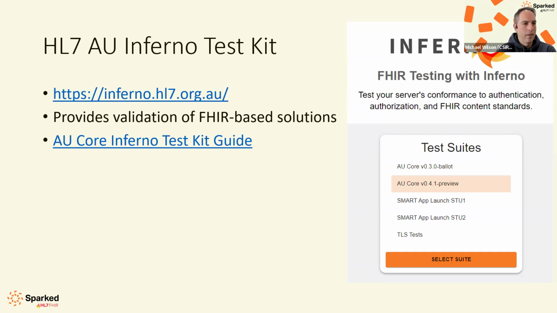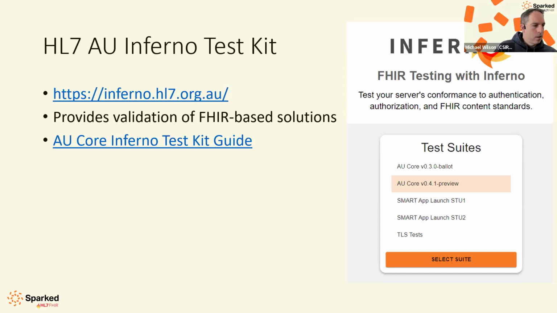I just noticed in the chat, Chandan, you had a question: are the Inferno tests, such as the FHIR parameters and searches, updated through GitHub or loaded in the Inferno suite? Not quite sure what you're asking there. It's more about when you're writing the FHIR tests, similar to the Postman ones, constructing the URLs with the right parameters. Is that coming through code in GitHub?